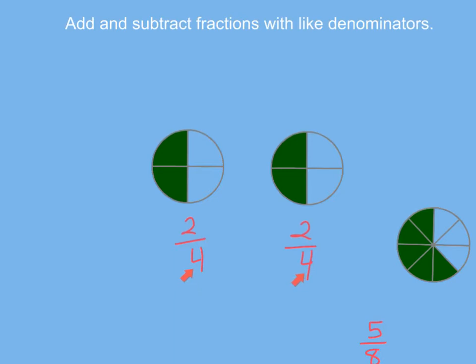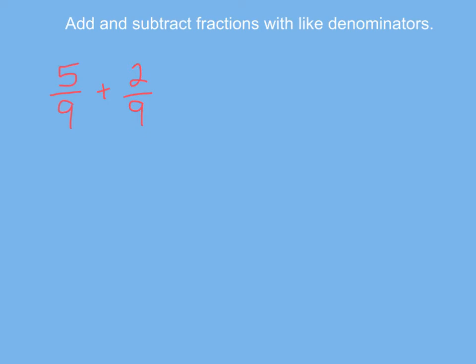And when they're the same, I'm just taking a look up here and I'm saying, okay, I'm taking 2/4, here's 1, 2, and I'm going to add these 2/4 to that. So if I put these 2/4 right here over here, I would have a total of 4/4. Or another way to write that would be 1 whole. So in some of the problems today, you're going to be ready to add or subtract right off the bat